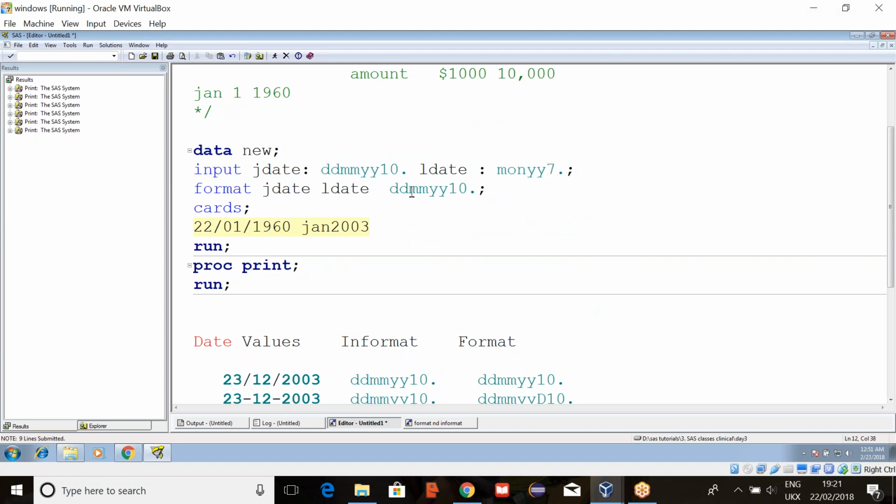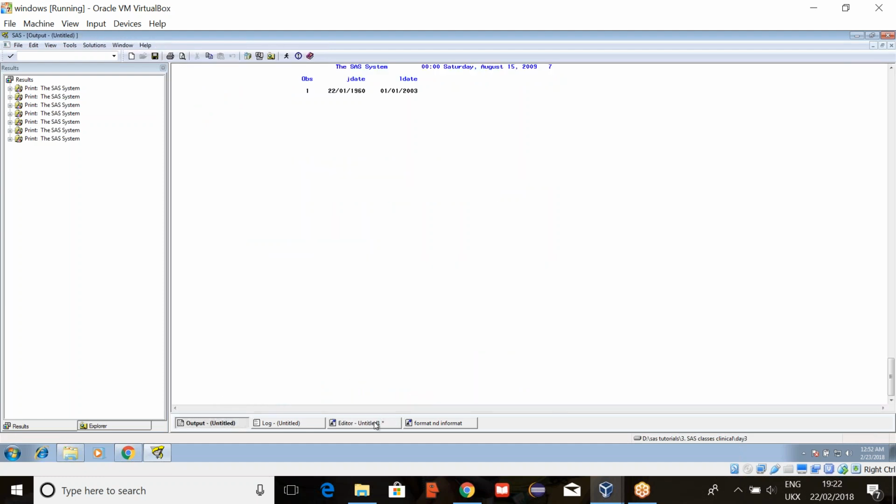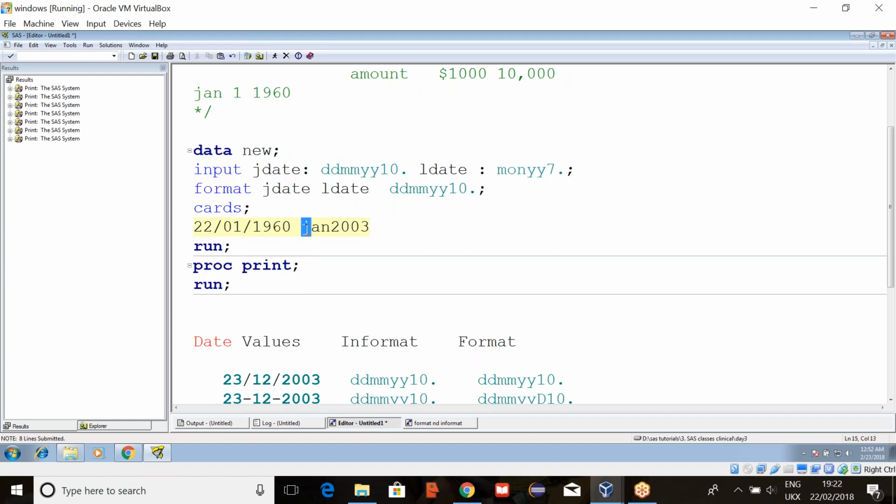Now here month and year are there. There is no day here. But while printing, we are forcing SAS to print day. So which day it will print? Yes. Defaultly it will print first. Whatever the month you take here, it will take only 01.